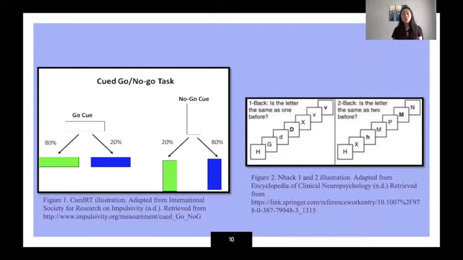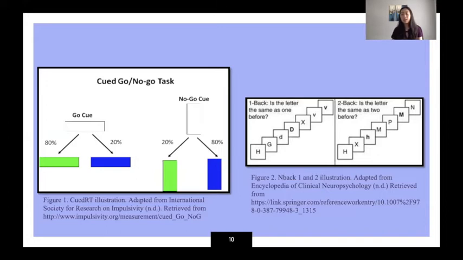So obviously, as you can see, if you ever get that go cue or that horizontal rectangle, chances are you're going to have to hit a target. But if it turns blue, how well are you able to inhibit your response? So that's kind of what that measures, and the number of times that they fail to inhibit a response is recorded. Along with this, regardless of the orientation, if the rectangle turns green, we measure the number of milliseconds it takes before they actually hit the key on the keyboard.